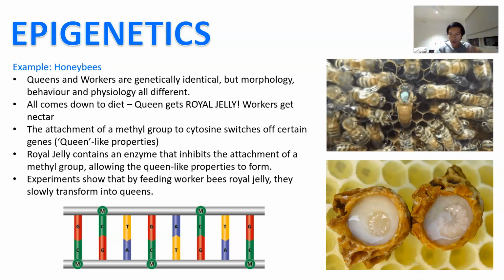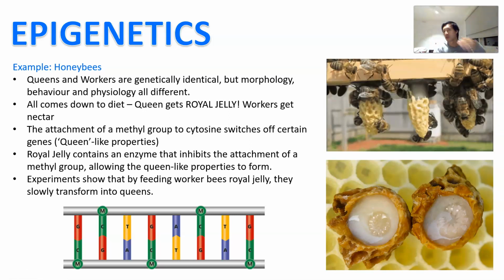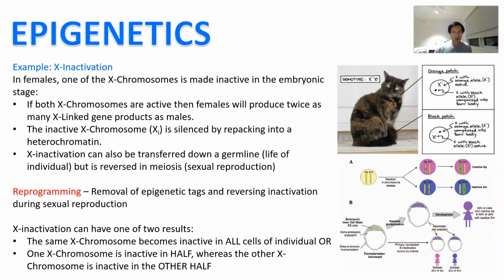And so, a lot of traits that we have are done through our epigenetics, right? Same genes, different levels of expression. Now, last one is the X inactivation. This actually happens in all females, right? In females, one of your X chromosomes is actually inactive in the embryonic stage. Despite the fact that you have two, one of them gets switched off and you only express one of them,